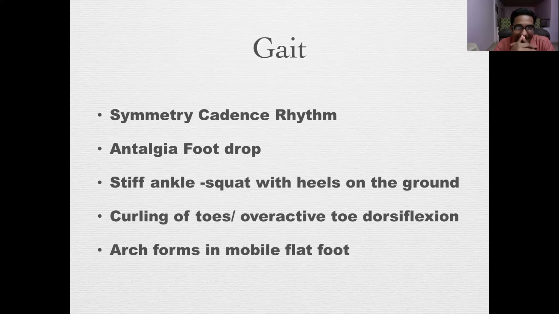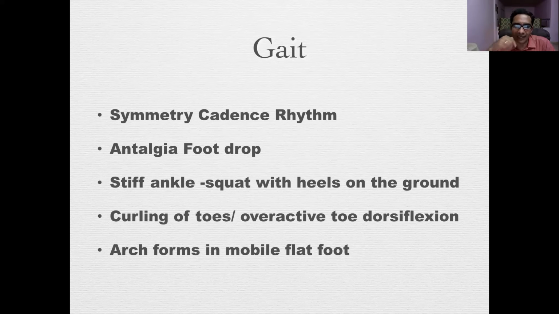If the patient has less mobility in the ankle, you can ask them to squat, and you will see that they are not able to squat and the heels come off. So he has to slip into an equinus pose when he's squatting. That tells you that the ankles are stiff. Curling of the toes, or remember the photograph I showed you for the neurological pes cavus, that is a cocked up first toe, an overactive first toe, all pointers towards intrinsic weakness.